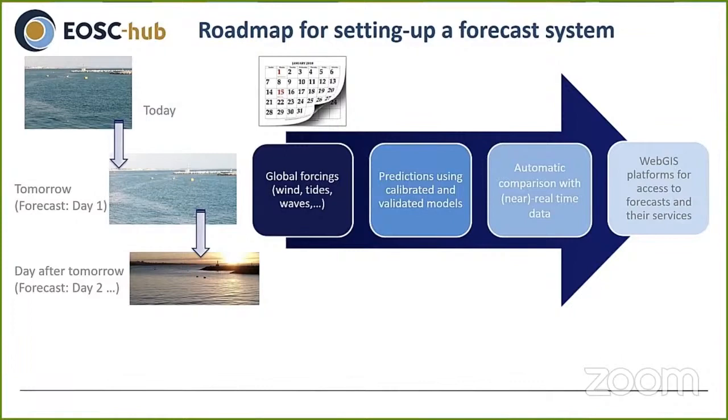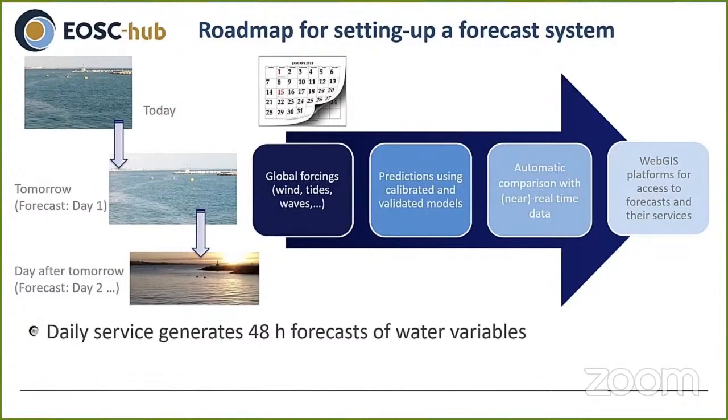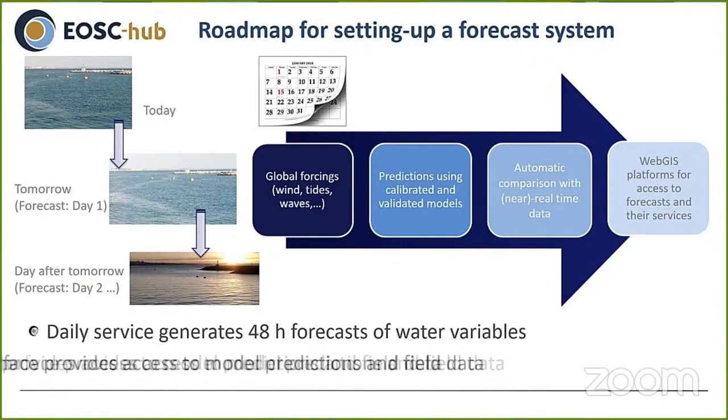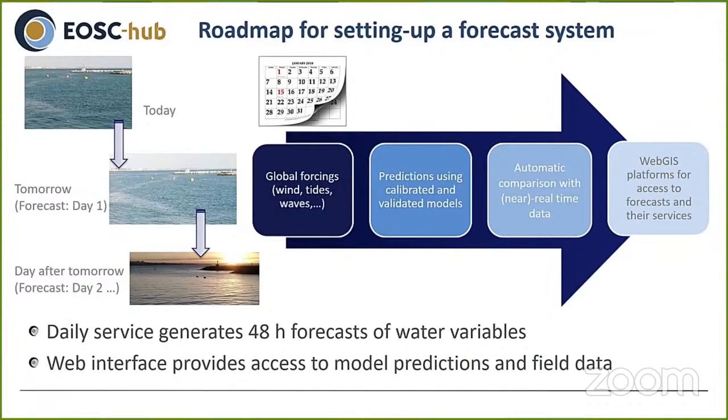In order to estimate the quality of the predictions, automatic comparisons with in situ data must be made using available online monitoring stations data. And finally, the results must be presented to the user in a friendly way. For this task, WebGIS platforms are the most intuitive choice. The OpenCoast Daily service generates 48 hours forecast for water variables, and a WebGIS interface provides access to model prediction